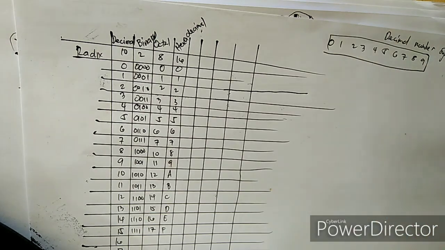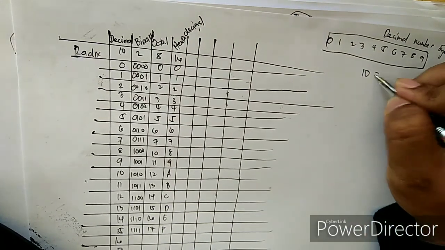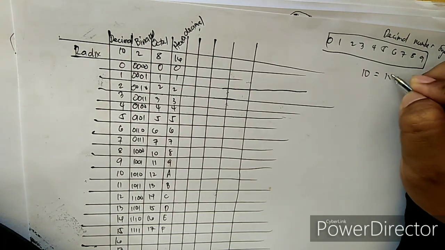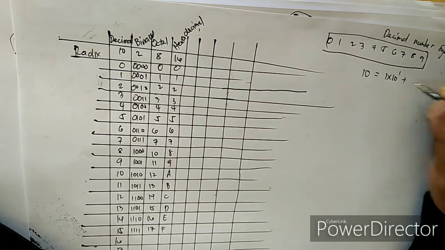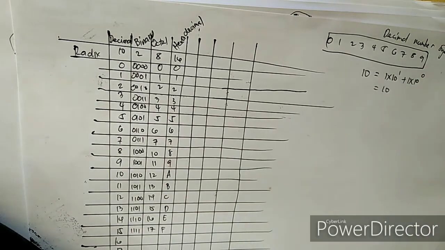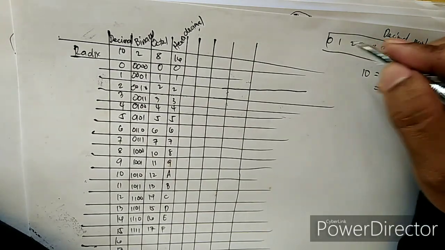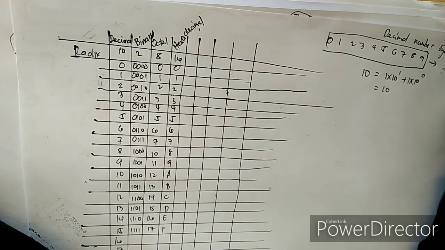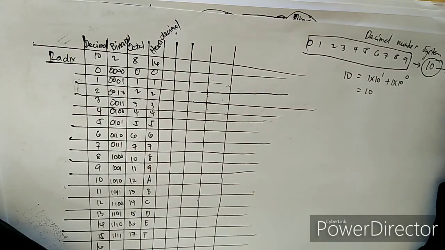So if you say 10, it's just composed of two symbols, the 1 and the 0, and it is equal to 1 times 10 to the power of 1 plus 1 times 10 to the power of 0. So that is equal to 10. So the number of symbols is equal to 10. So it is 1, 2, 3, 4, 5, 6, 7, 8, 9, 10. So 10 symbols total. So this is called the base, or commonly called